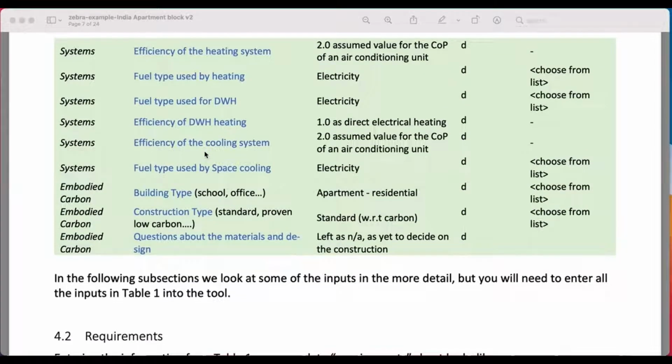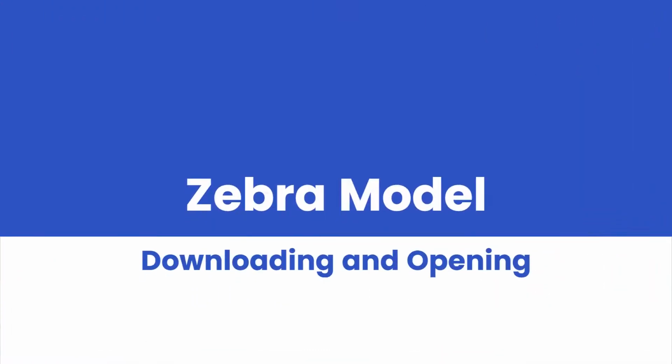Finally, we're going to input some thoughts on the embodied carbon. So that's the carbon that was emitted due to the construction materials being made, manufactured, transported, and then the building being constructed on site. So, for example, it covers all the energy used to form the materials from which the building is formed.